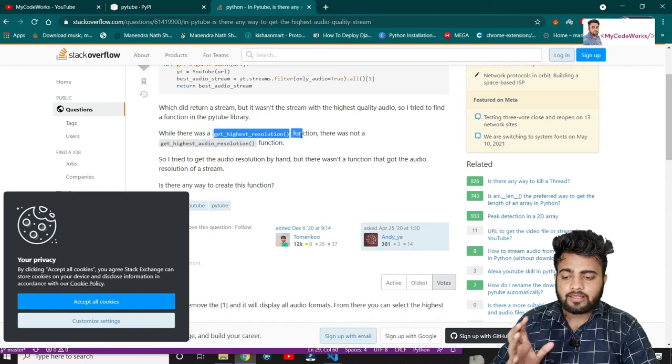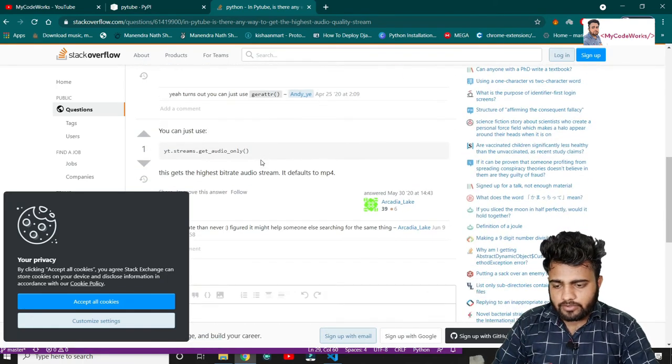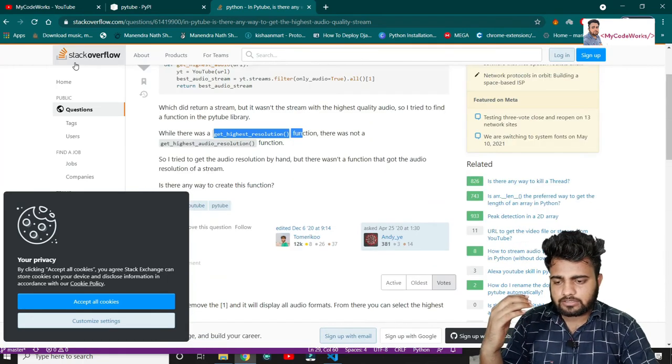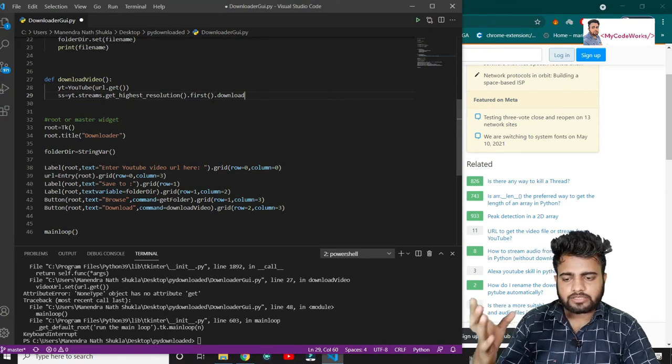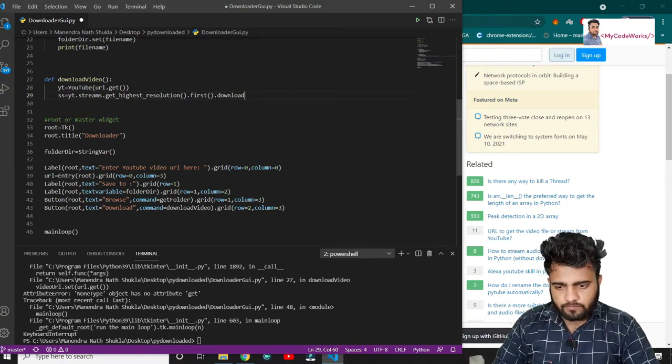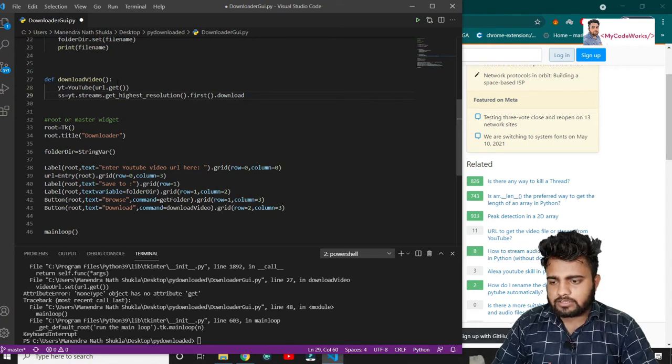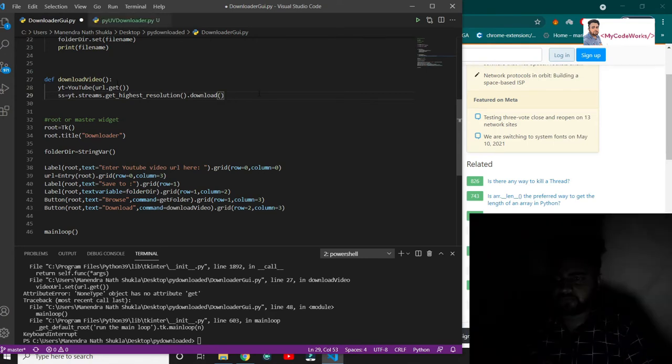We will get get highest resolution. We have a function that I wrote now, to get the highest resolution. So let us try it just once.